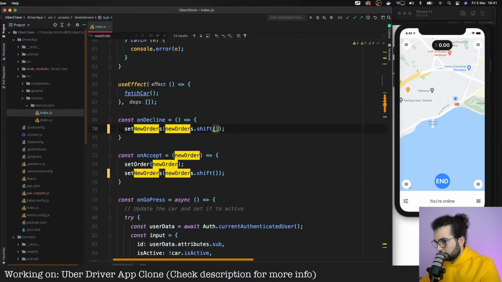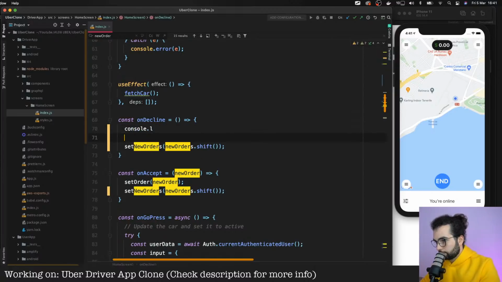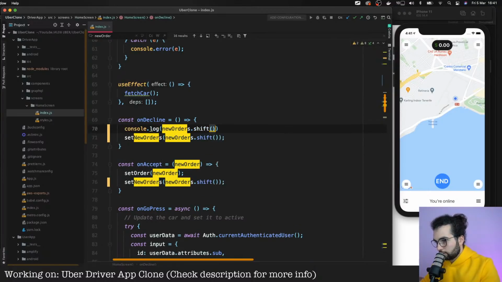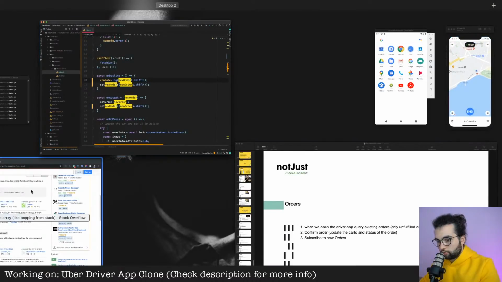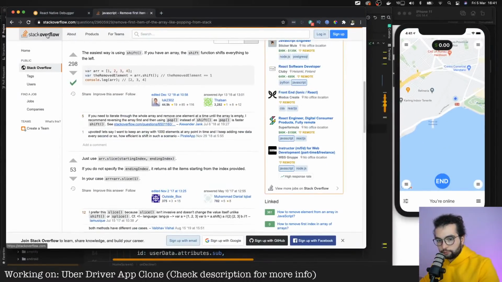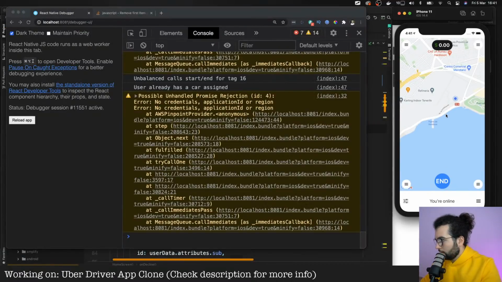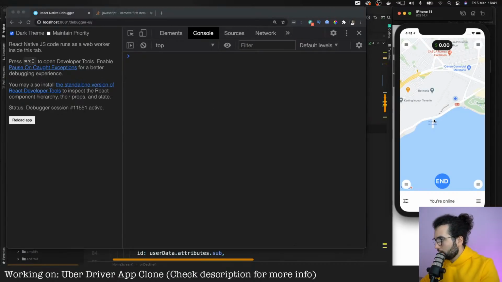On decline, new orders, console log. Let's see the logs. Refresh.